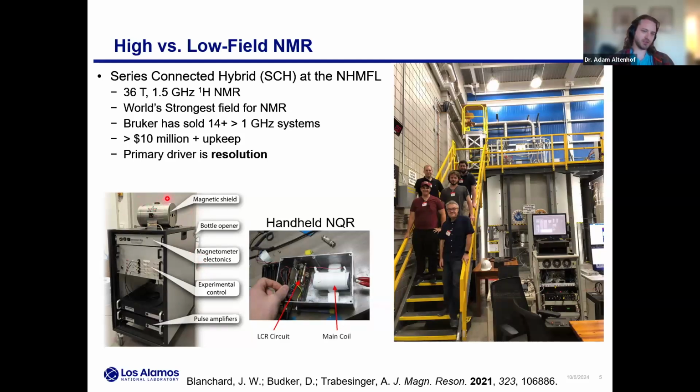With such low fields, you can have untrained staff getting close to this instrument. The wrenches are not going to fly off their tool belt. And a more extreme example, where we're ultimately interested, is this sort of NQR device. This is from my advisor, Michael Malone. You can see he has the main detection coil, his tuned circuit, all in a small RF enclosure. Again, just plug this into an amp and a power supply and away you go.